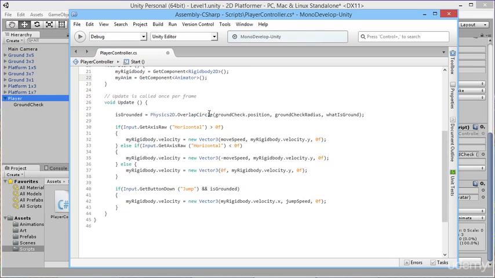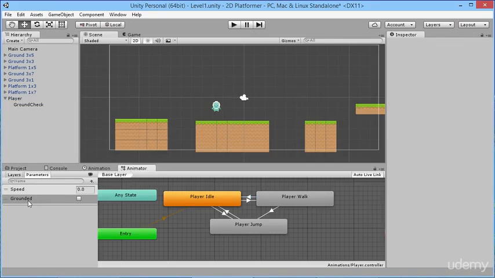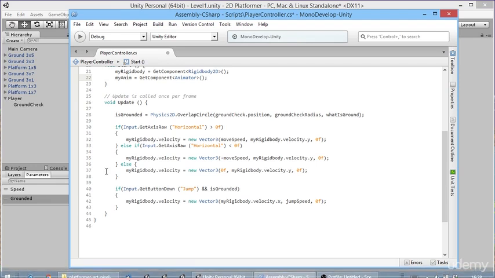So now we already know that the velocity of the player is the speed that we're moving. So we know that we can set that to be the speed that we're using back here in our animator. And we also know, of course, that our is grounded value, which we're using to determine whether we're on the ground or not, is a true or false statement, so we can also just send that straight to the animator. And the way we do both of those things, after all our inputs and stuff have been taken, so that we know we're as up to date as possible with everything,